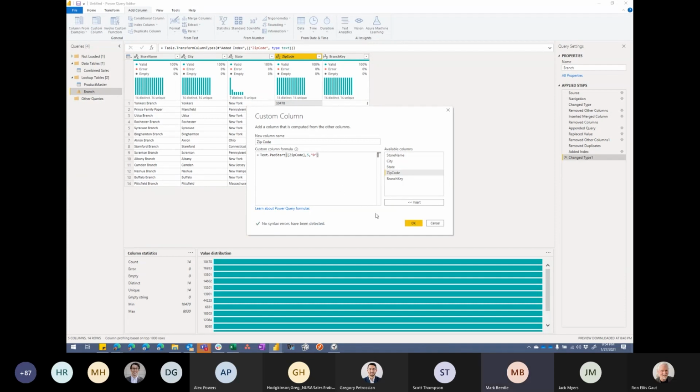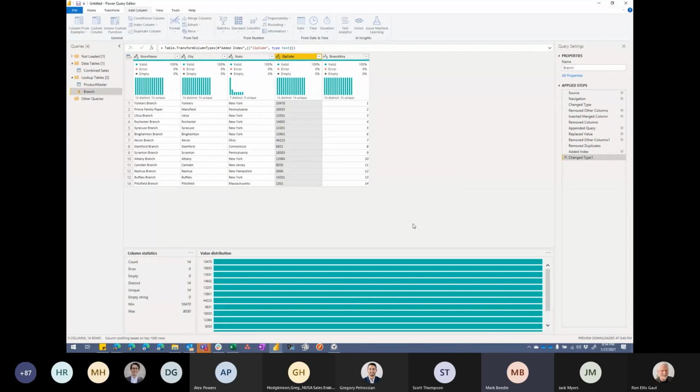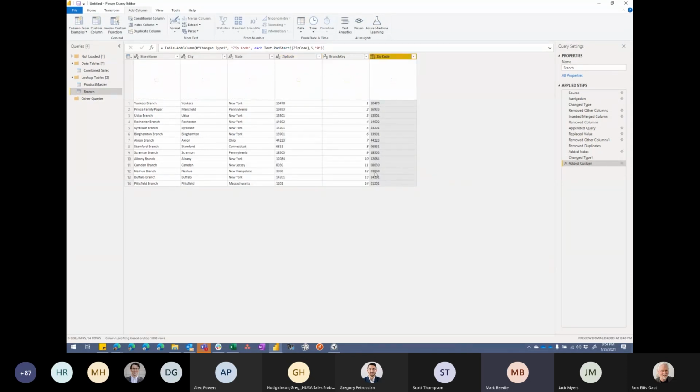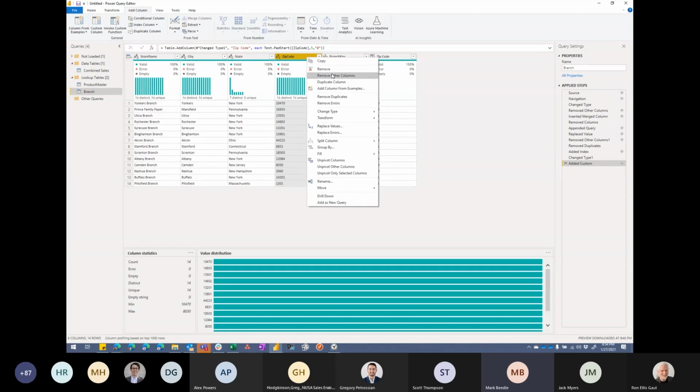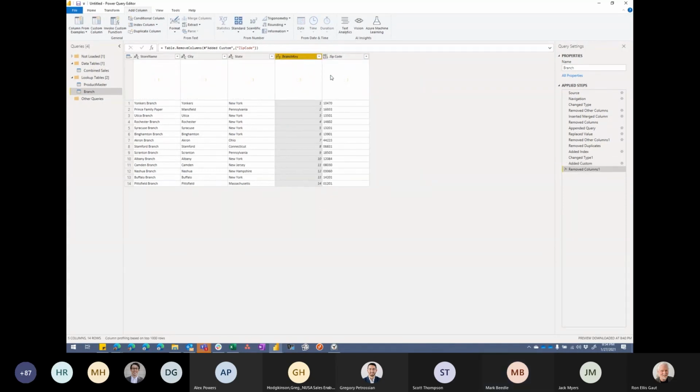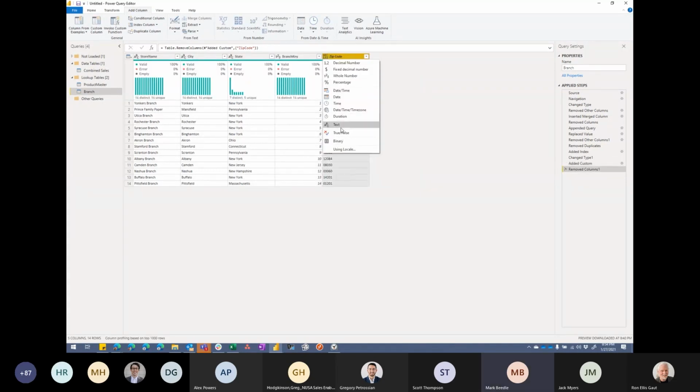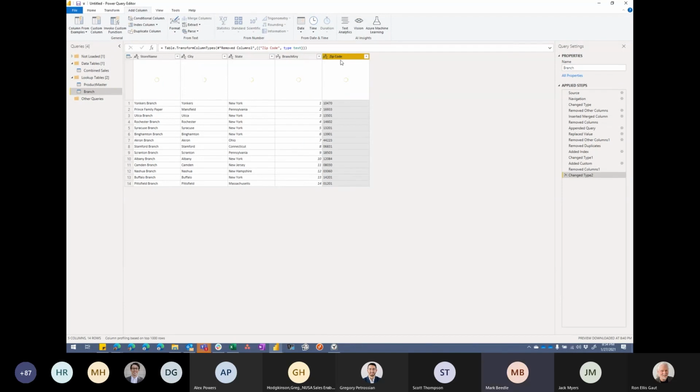Every time I write a custom column in M, I cross my fingers when I hit OK. So I'm going to cross my fingers, hit OK, and I got my leading zero back on my New Jersey zip codes. Great. Let me get rid of this zip code. I don't need it anymore. And then I'll make this a text. So I got branch and I got product.